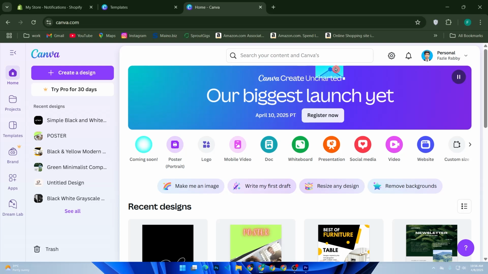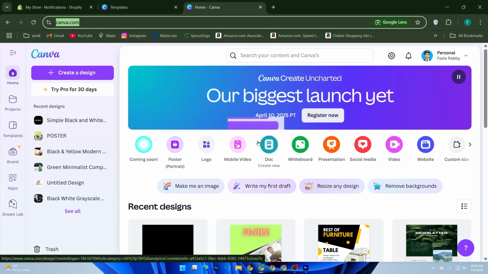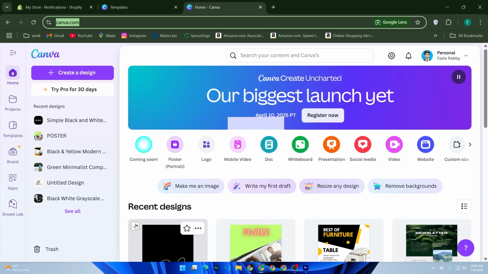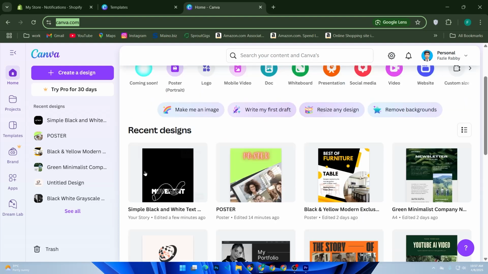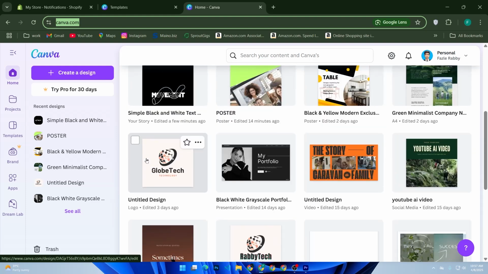First of all, head to canva.com and sign up or log in. Canva is free, but if you want access to more features, you can upgrade to Canva Pro. Once you are logged in, you will land on your Canva dashboard. From here you can create and store all your designs. To start, click create a design